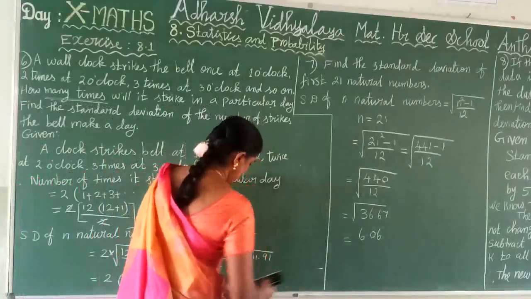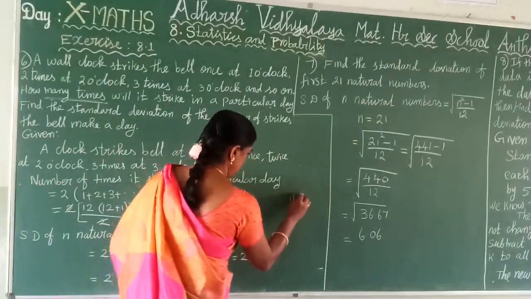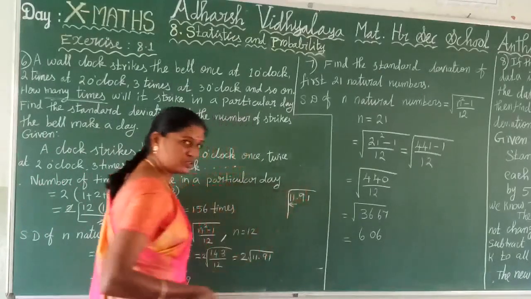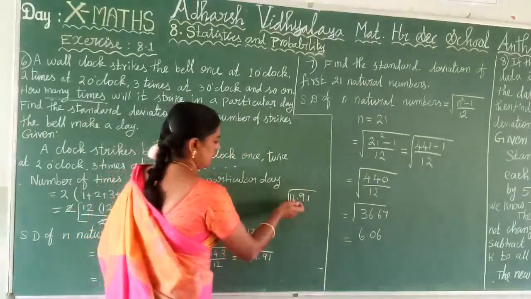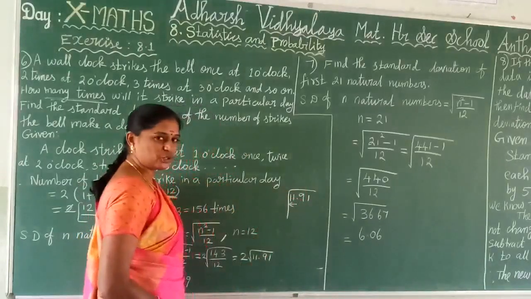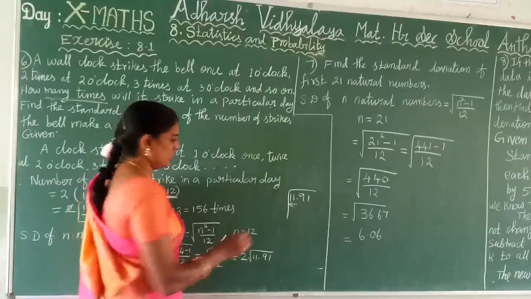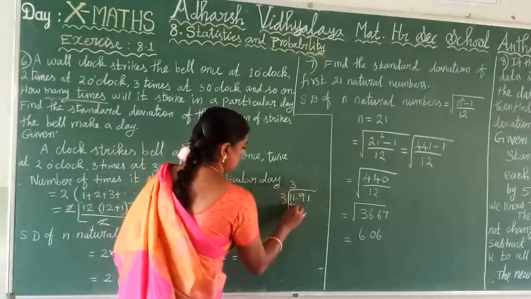Once again it remains in your code 11.91. So what is that here? Segregate means 2 digits only. Yes or no? Here 11 is a perfect square number? No. So what is the nearest perfect square? 3 3s are 9.